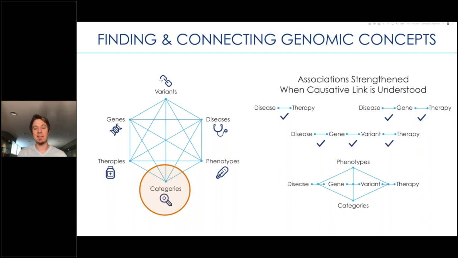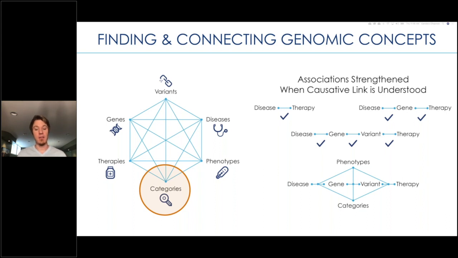If you can go from disease to gene to therapy, now you're starting to better understand the causal mechanisms underlying that disease and why that therapy acts the way it does in terms of treating that disease. If you can connect a disease, gene, variant, therapy, now you're really starting to understand the functional mechanism underlying the disease and the